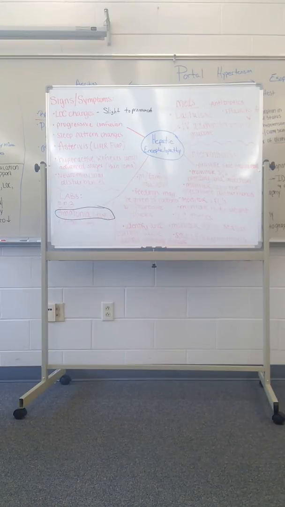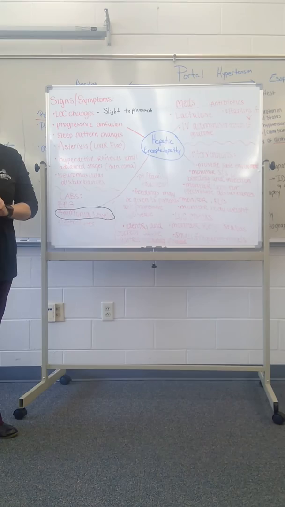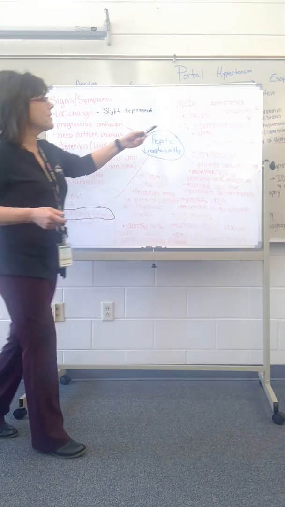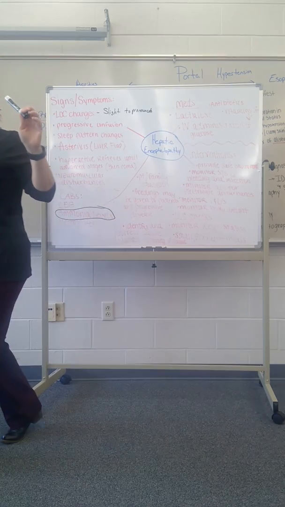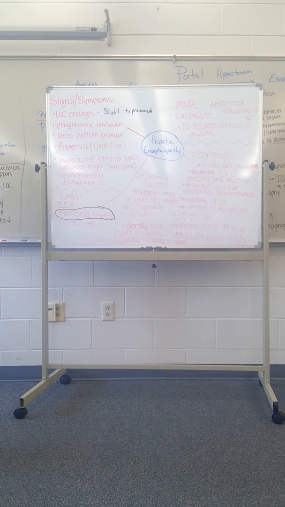Okay. The dosing depends on the patient. They'll start out with a slow dose, and it tastes terrible. I mean, it just tastes terrible. They're going to be on some kind of antibiotics, probably, especially if they have ascites, because they want to keep that flora, the bacteria, down in the abdomen. So they might be on something like neomycin or some medication like that, but some type of antibiotic.